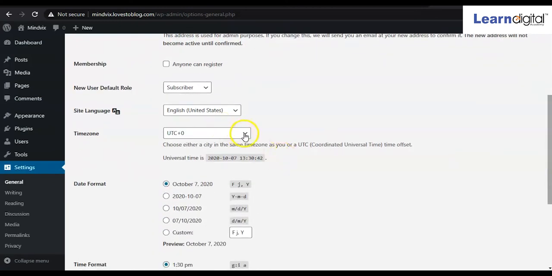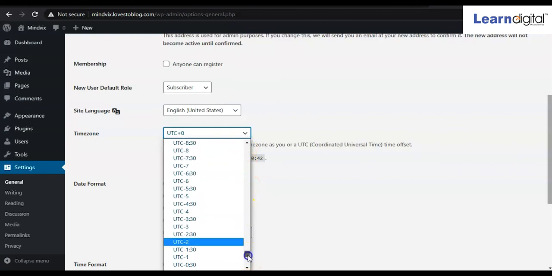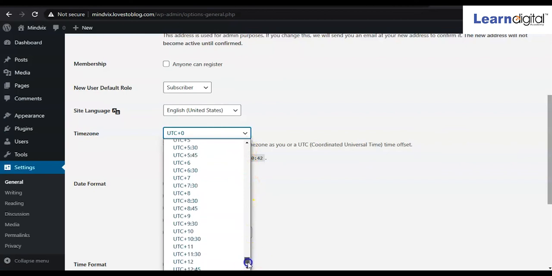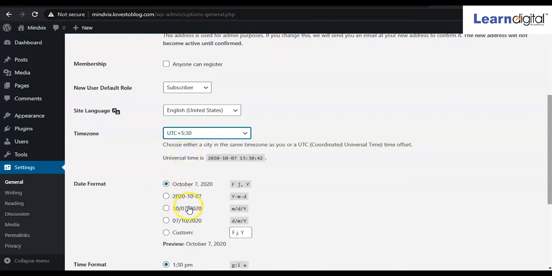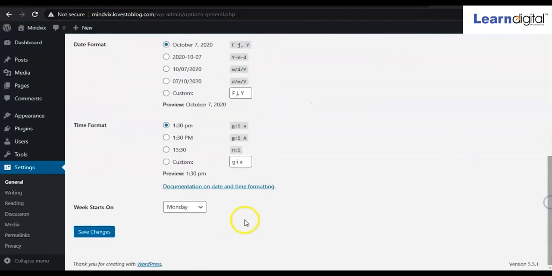Then you have to come to the UTC time zone. Here you have to select the India time zone, UTC plus 5:30. If you scroll down, you will see that you can select it. And here is the date format. According to your preference, you can select it. Here is the week start day.